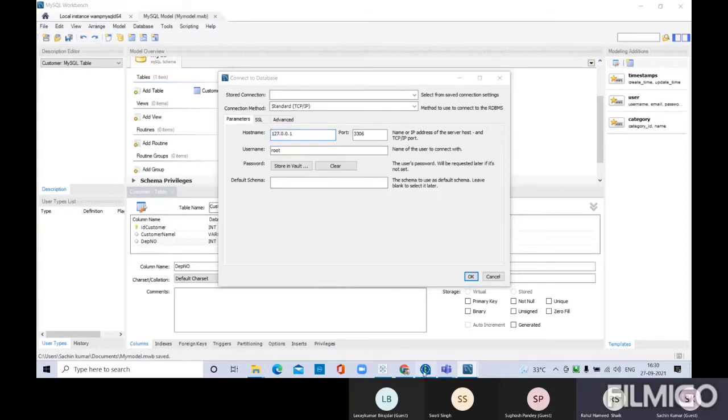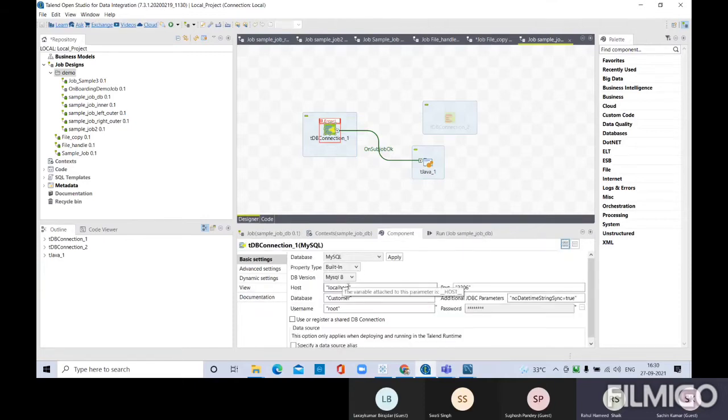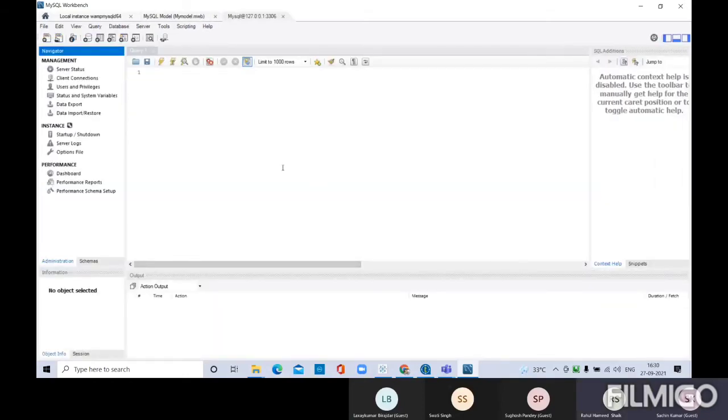Just click on OK here. After entering the host name, you can give the rest. From the tool, give OK. Okay, now it has opened, right? Just give some query, select star from so and so.